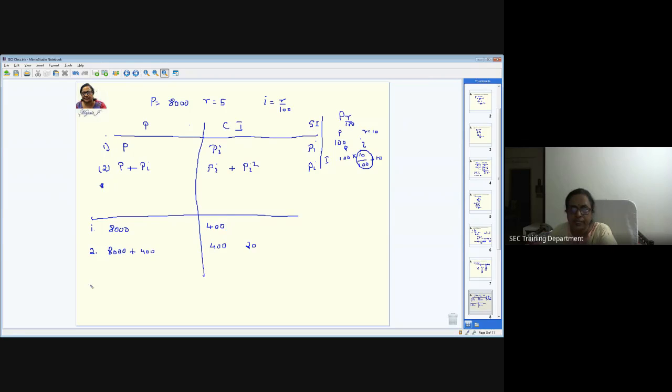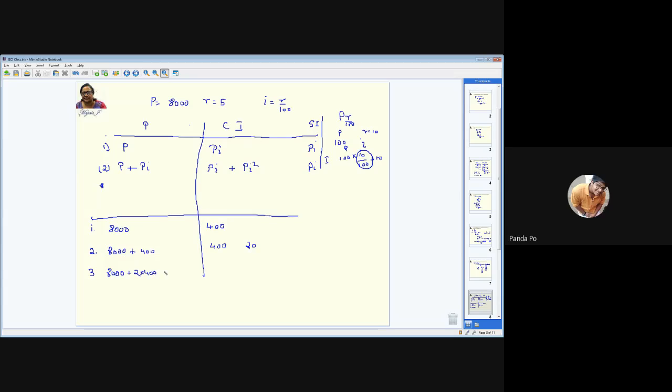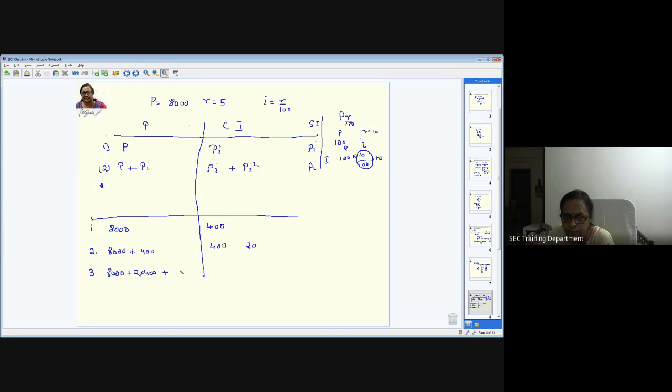And now you're going to calculate for 3 years. So one more year. Whatever you have as a principal and the interest will become principal for the next year. You have the principal of this amount, and for that you are getting interest of this amount. The entire thing becomes principal for the next year, correct? Yes. Whatever is collected previous year will become principal for the next year. So this 8,000 is going to be there. This 400 is there. There's another 400. So I'll write it as 2 times 400, plus this 20 will come.